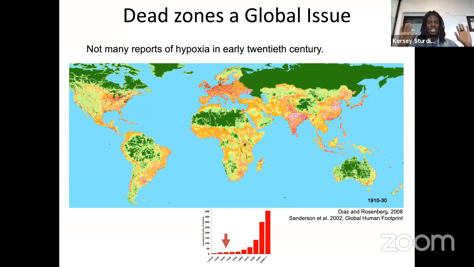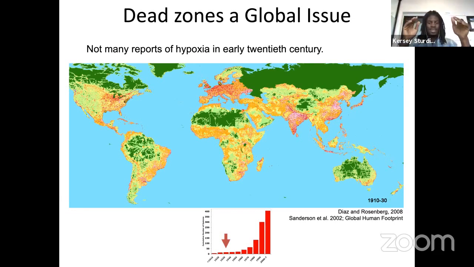So let's take a step back through time. This figure here that you're looking at is a map of the Earth, and it's showing human population density, or where on the Earth there are locations where there's high numbers of humans. And in areas where you see the pink, the red, the orange, those are areas where there's lots of humans. And in areas where you see the colors that are green, those are areas where basically there's no human settlement. And then on the map, you'll see these different dots that appear,